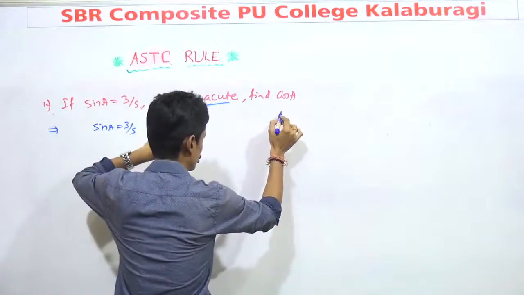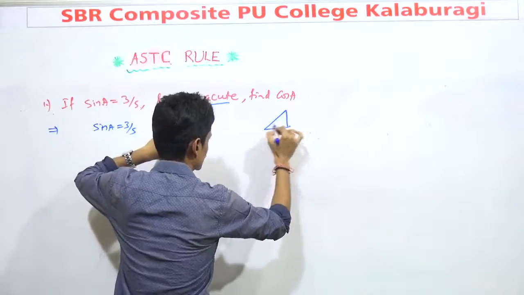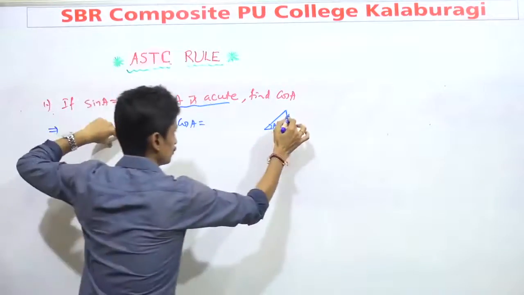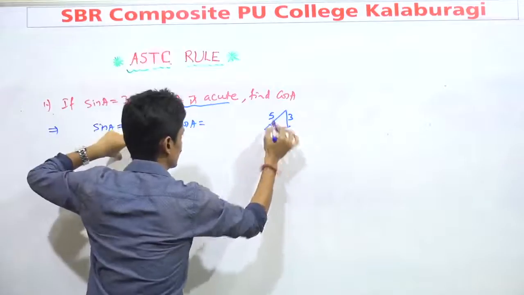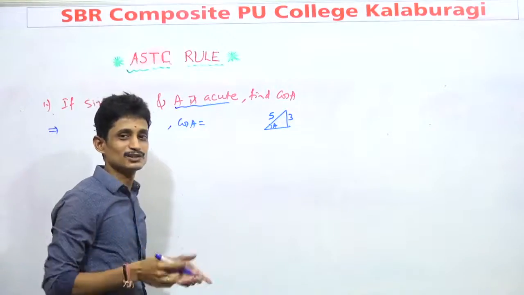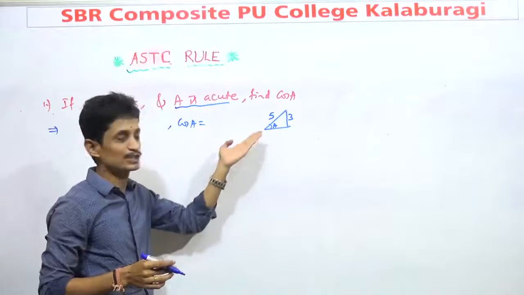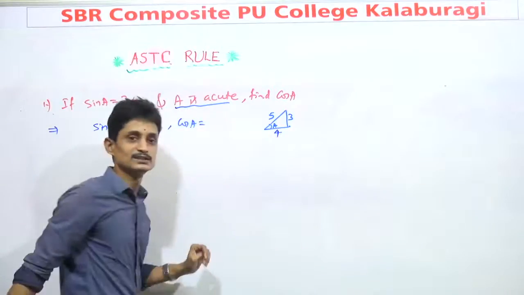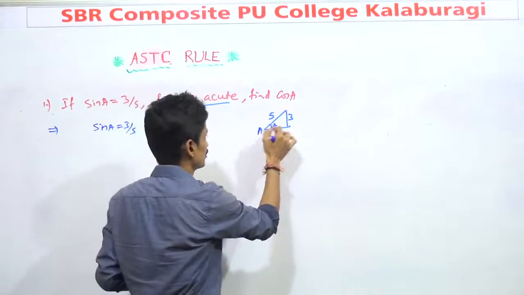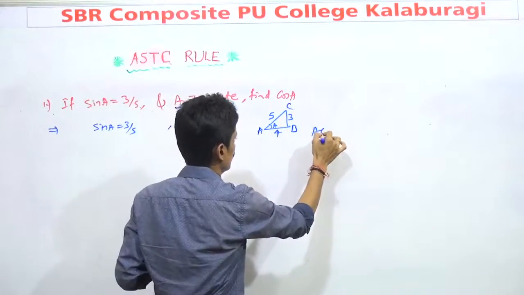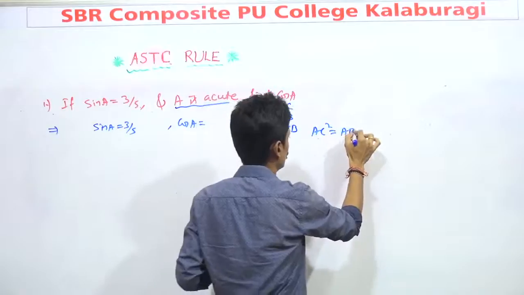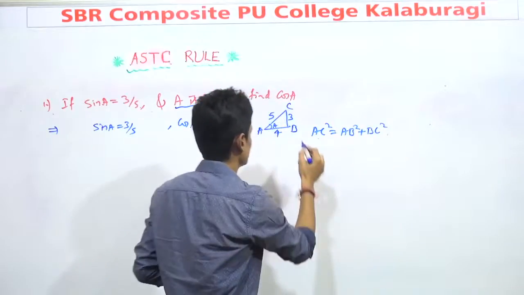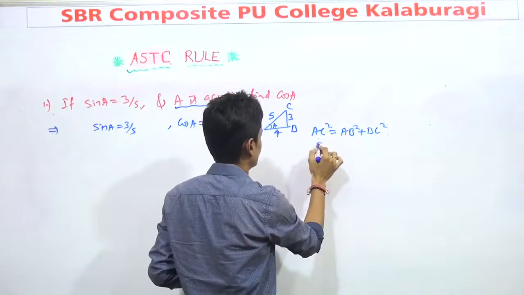Now I will go through the cos. First I will go by the Pythagorean rule. I will take one right angle triangle. Here an angle A, and sine we can define as 3 by 5. Suppose its side is 3 and hypotenuse is 5, what will be the other side? It is not necessary to use the Pythagorean theorem because 3, 4, 5 is a simple triplet. We can remember it easily. That's why I will write 4 here. If you forget, just write the formula for triangle ABC: AC square equals AB square plus BC square. AC square, we know, is 5 square.